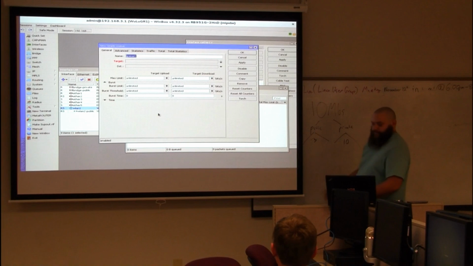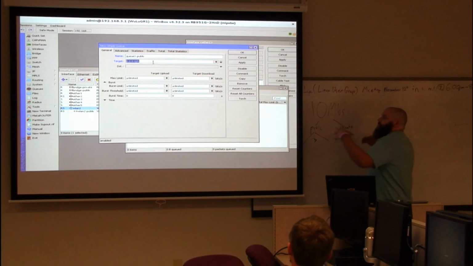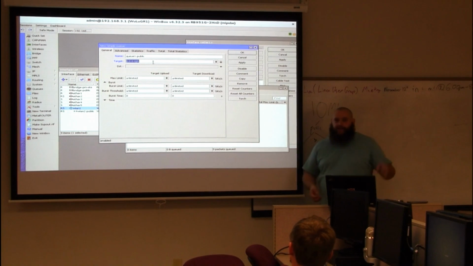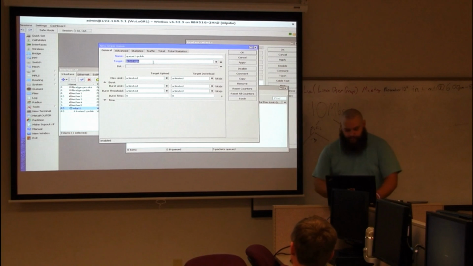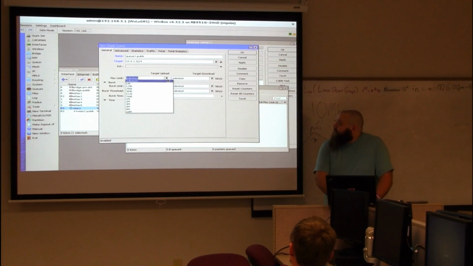So, public and private. When we set up our queue, we're going to name it Q1 public. When you target a subnet, you're not targeting individual clients, you're targeting the entire subnet, in and out. So 10.0.1.0/24. No destination. We're not going to worry about burst yet. We'll talk about that later, though. So the max limit,